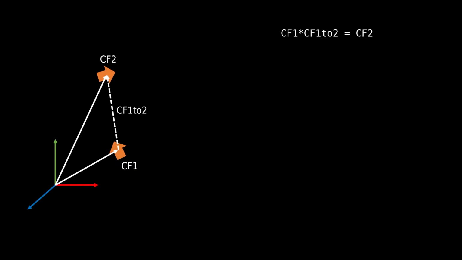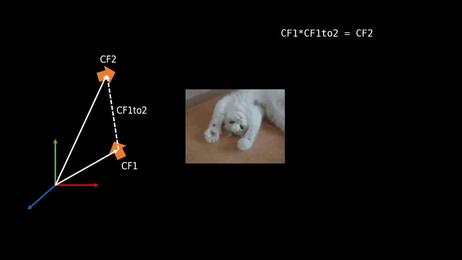By definition, CF2 is the combination of CF1 and CF1 to 2. And as you can see, CF1 and CF2 are calculated from the origin, so these are world space values. But CF1 to 2 is calculated from CF1 to CF2, so it is in the local space of CF1. Usually we have two cases in game